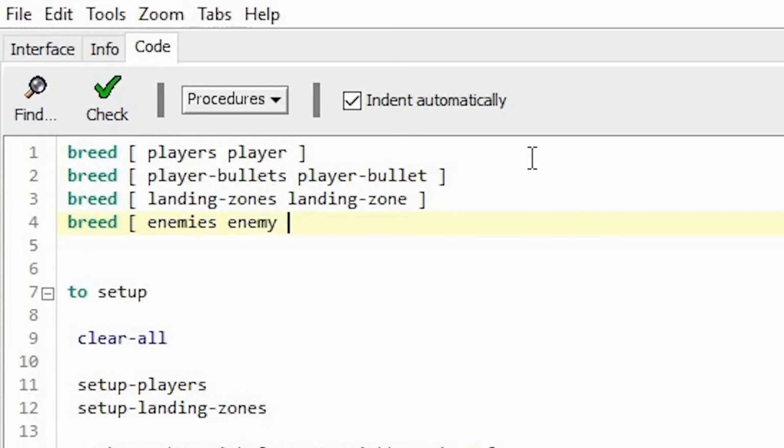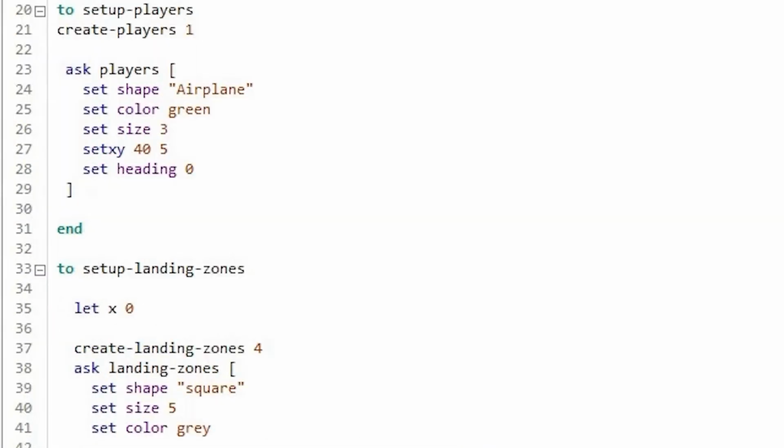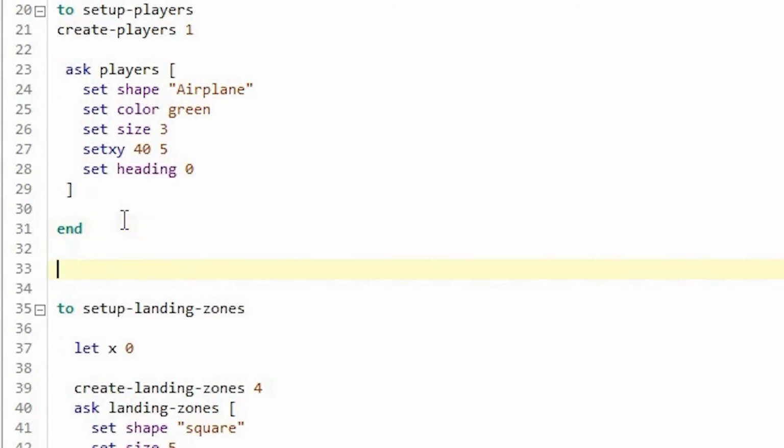Plural is enemies, singular is enemy. Okay, I created it. Now then I can have another setup called setup enemies.